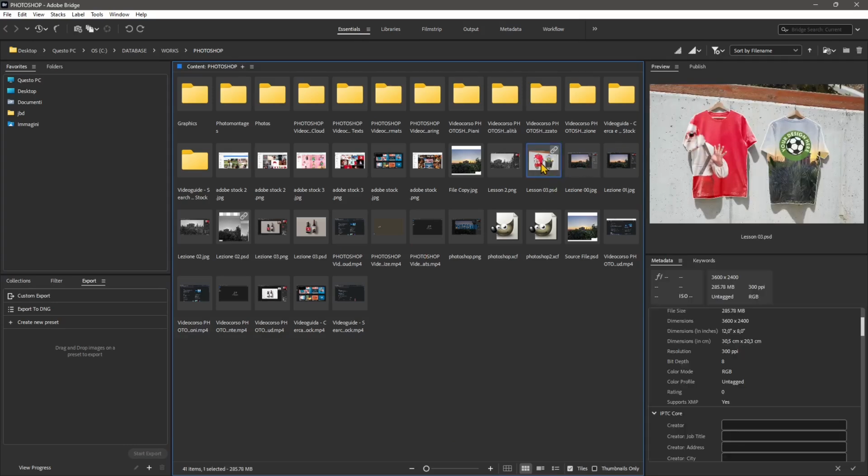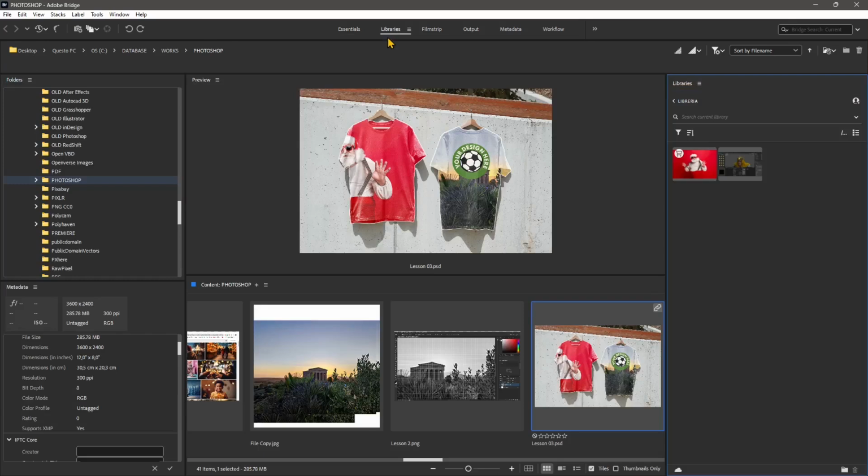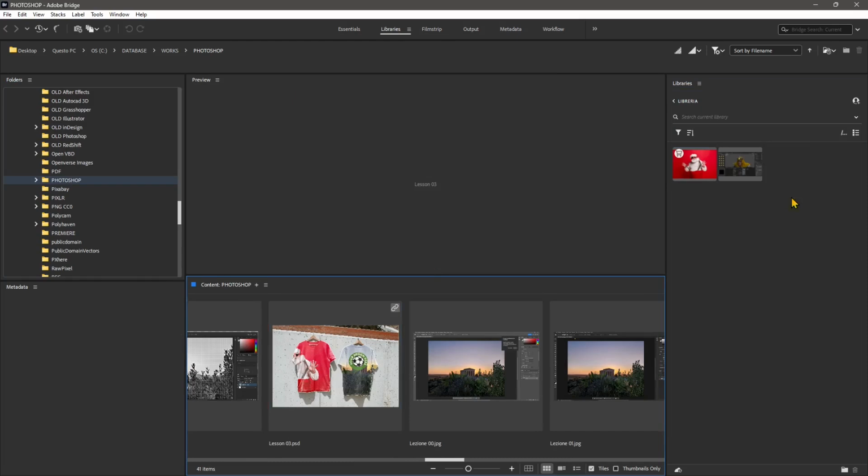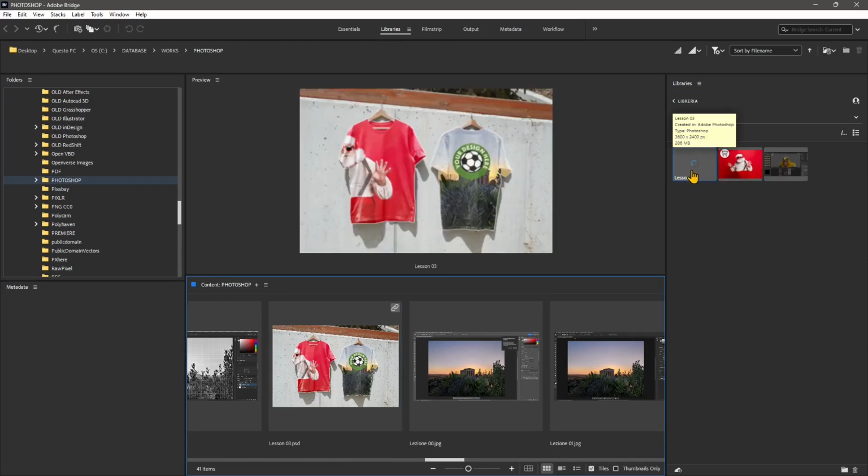So I'm just gonna click and drag it wherever my libraries are visible. So let's change here the interface to libraries. And then I want to click and drag this into this space. So it's gonna add it to my library. And again, then I can reuse it